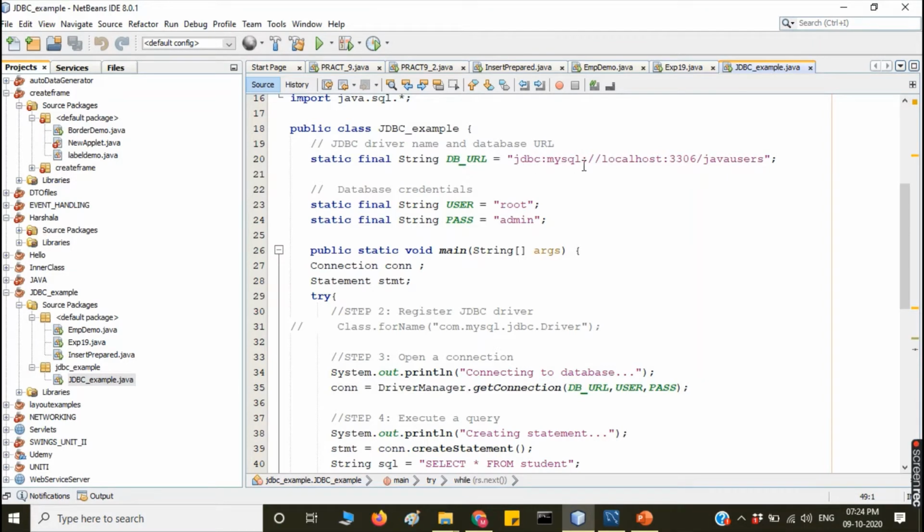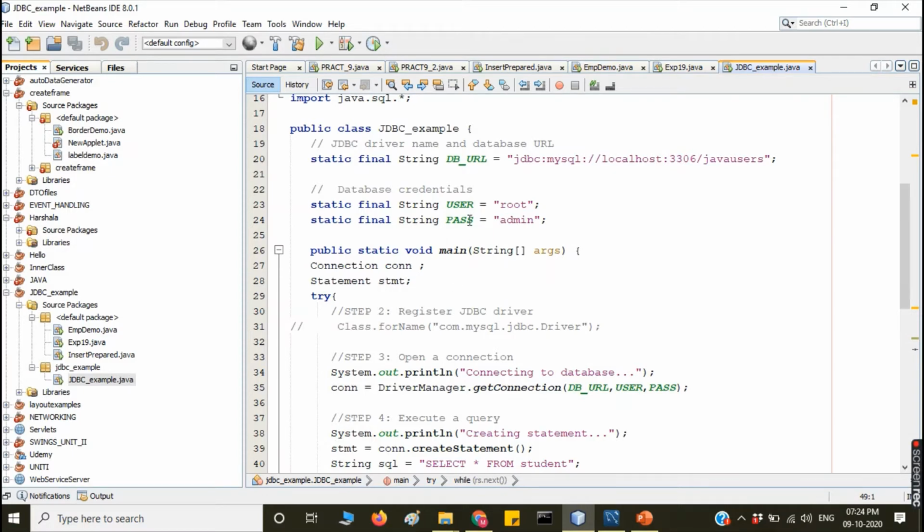So this is the driver name, and the database has a username and a password that you should remember while loading the MySQL. I will send the link, or otherwise I will show you how to install MySQL in your laptop or PC.